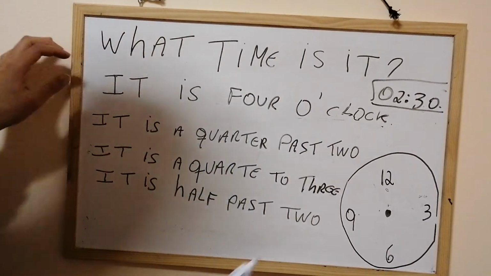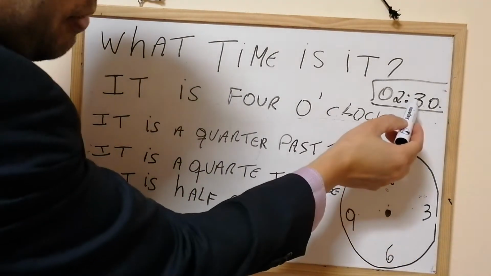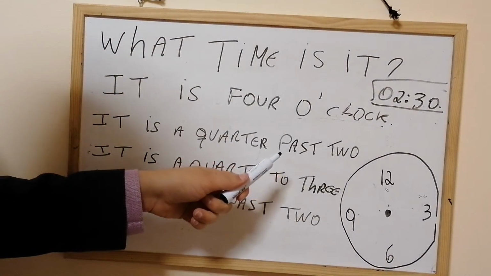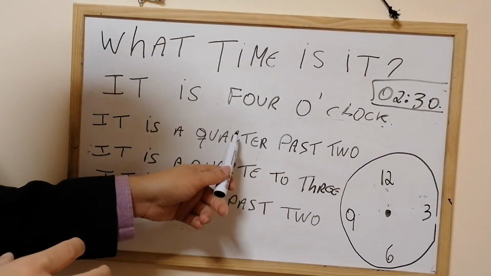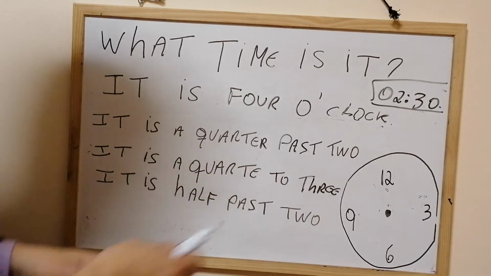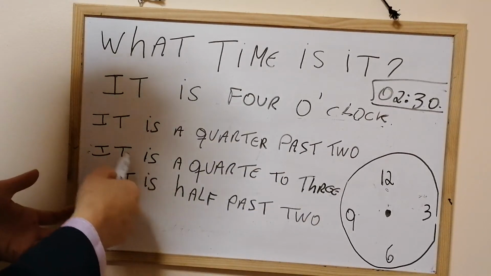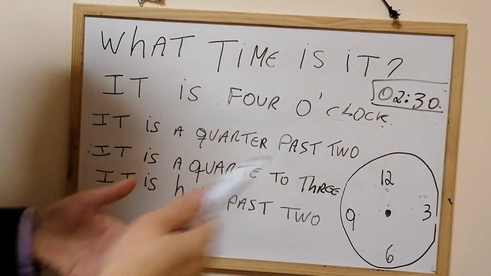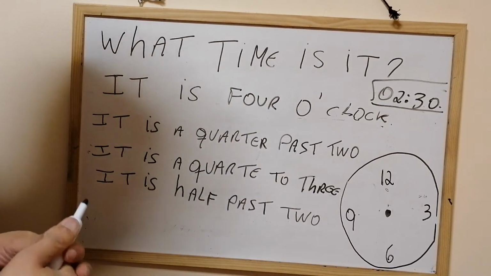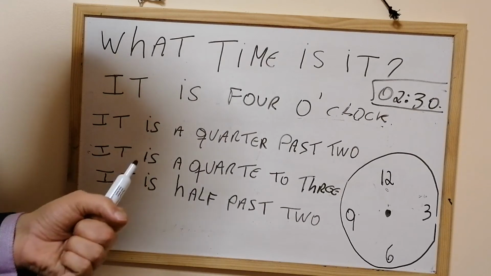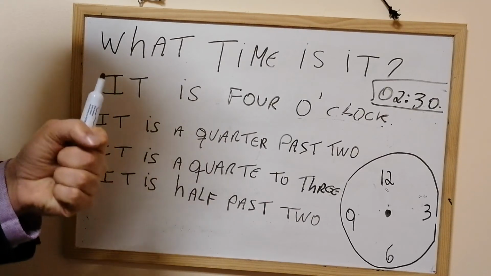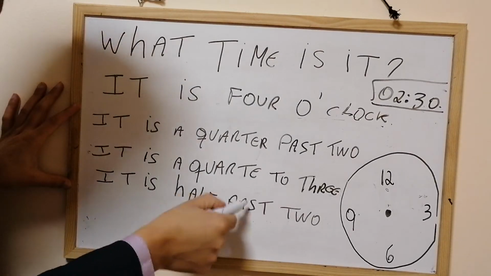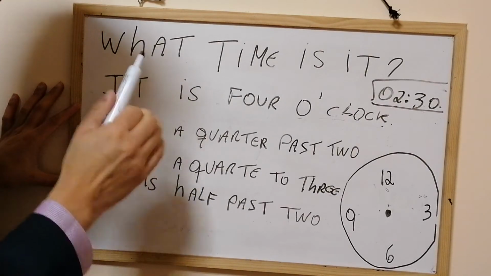So when we have half an hour completed, when we have 30 minutes complete, as we said here, we can't say it is 2 quarters past 2, or the next sentence, it is 2 quarter to 3 o'clock. So we don't use that. You can say that it is 2 hours and 30 minutes, or we use that expression, it is half past